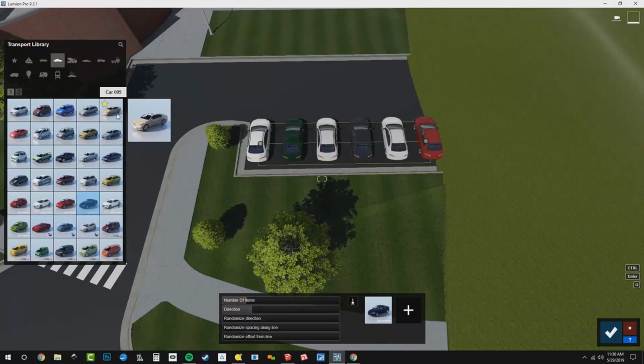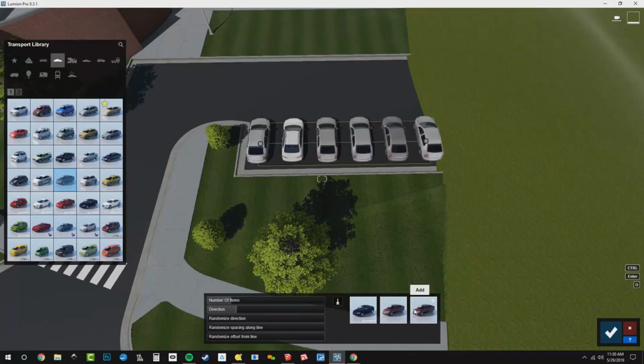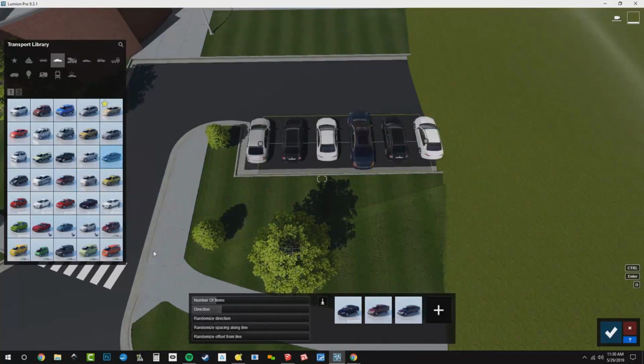All right, so let's add a few more cars. We have the same car, different colors over and over. So I'll just pick a different car and then click the plus sign. And now that's going to add some more variety. So pick a car, click the plus sign. Oh, I don't like that car. So we're going to go with,